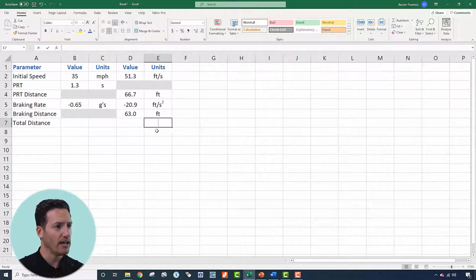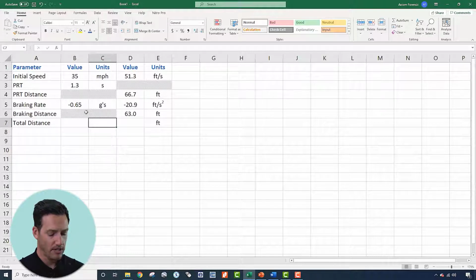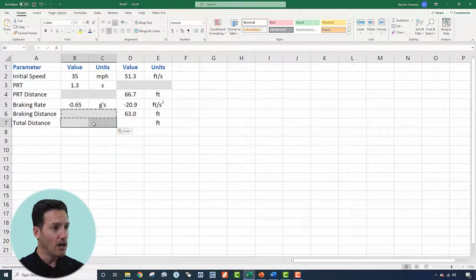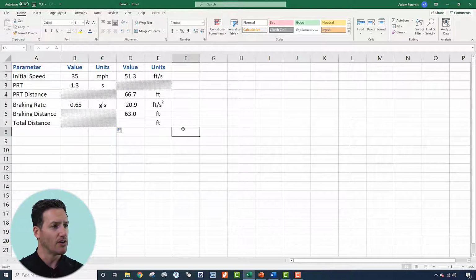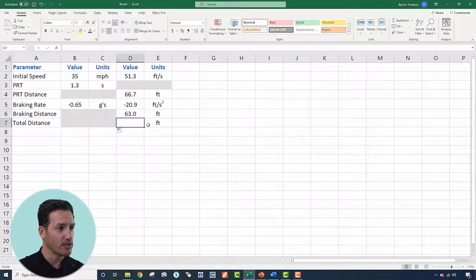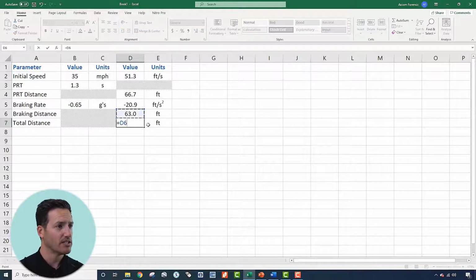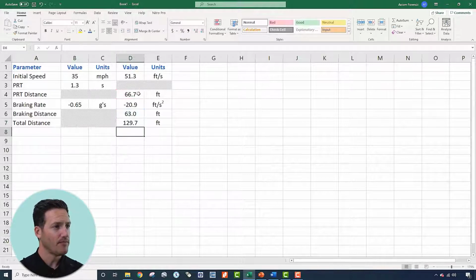So you can do that a couple different ways. Again, let me show you a couple of things here. You can do Control-C, Control-V, or you can hit Control-Z and get back to where you were, and then select both of these cells. This comes in handy in a lot of situations. There's a little tiny green handle here, and if you pull down on that, it'll copy it. So that's a little shortcut that makes things easier. So now the total distance equals the braking distance plus the PRT distance, and that's 130